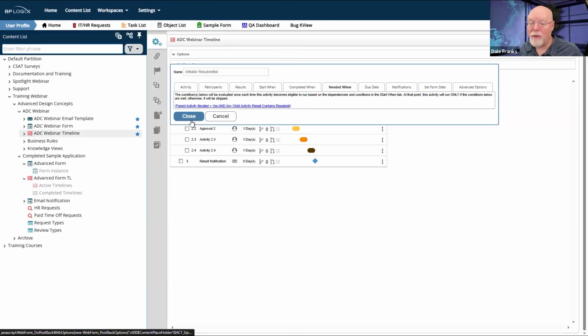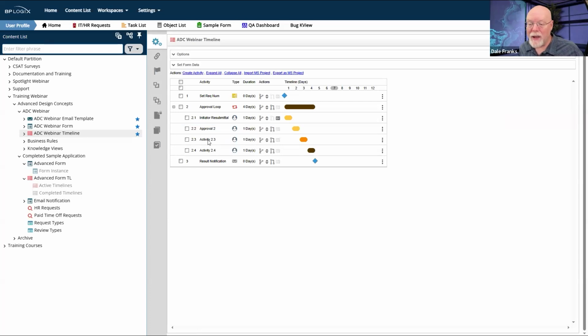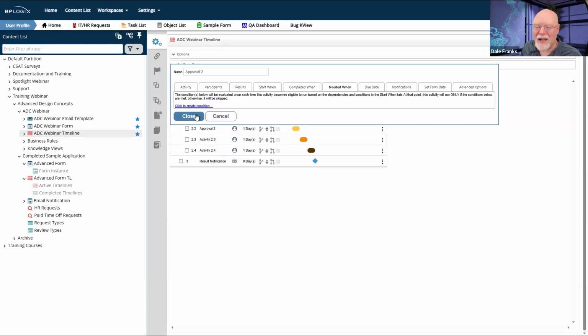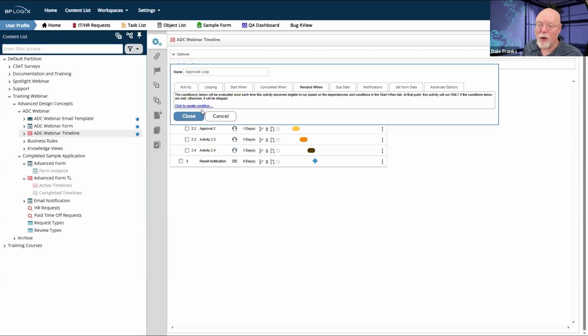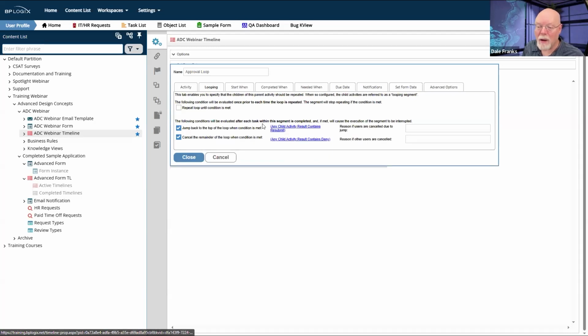So I might, for example, in this activity down here, say, I don't like the initial whatever happened here in approval 2. I don't like it. I want to have approval 2 readdressed. And so I might have a result that restarts the loop. Now, if I do, I'm obviously going to have to create some more extensive conditions than this, because right now it only works on a resubmit.